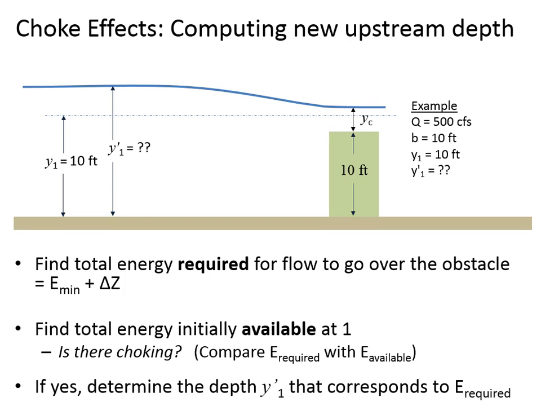This is how much energy we absolutely, the bare minimum that's required to get the flow over that obstruction. There's got to be at least that much energy, plus the obstruction itself. And that's true for all types of channels? Well, this 3/2 only works for a rectangular channel. All right. So then the total energy required